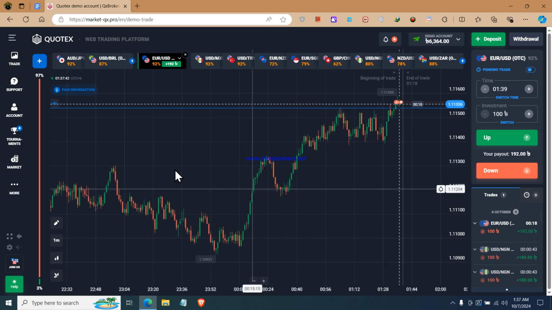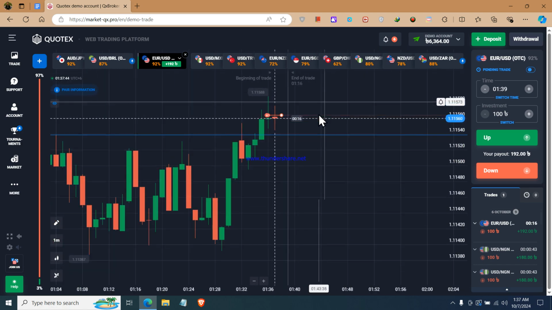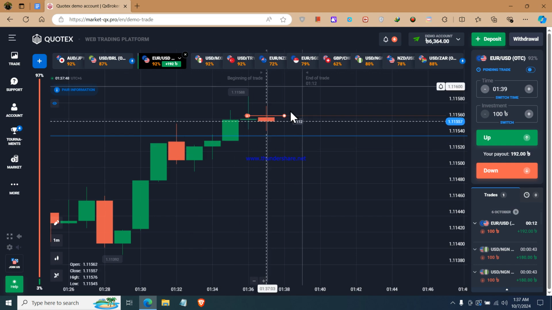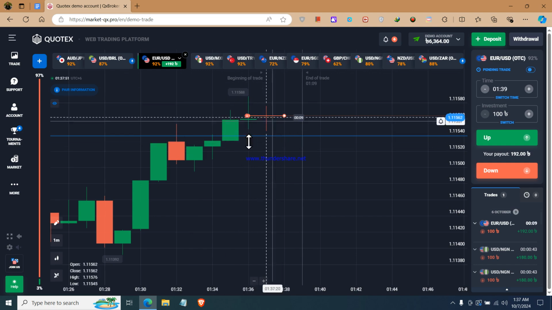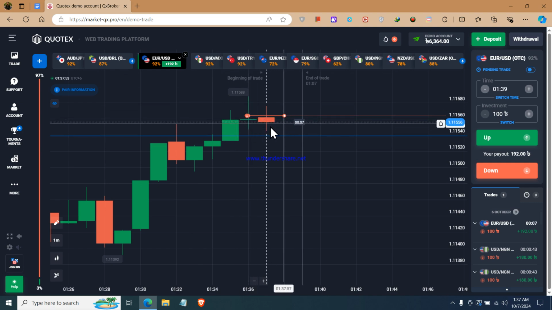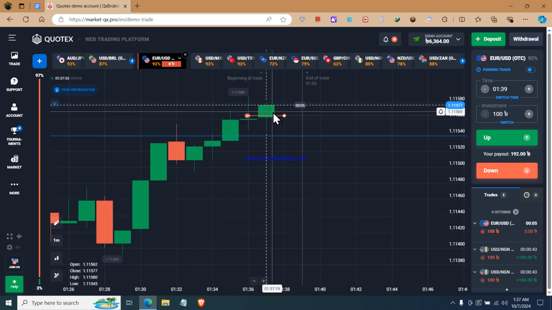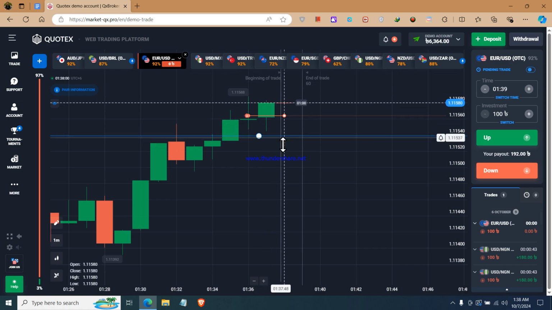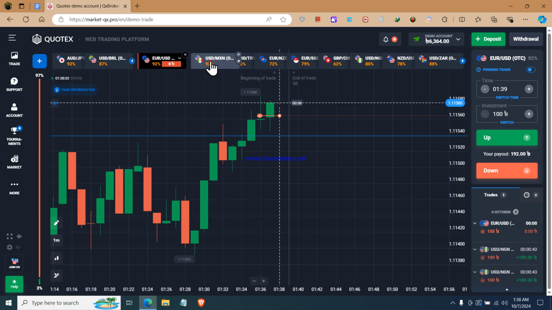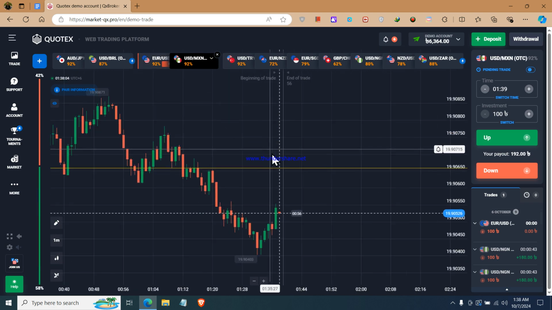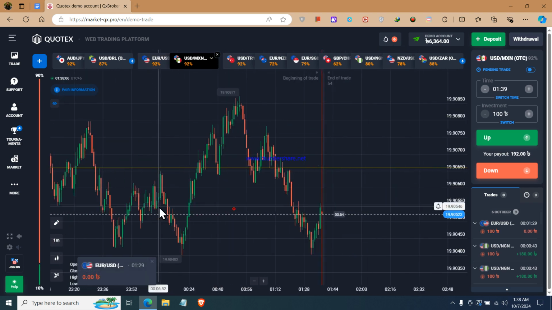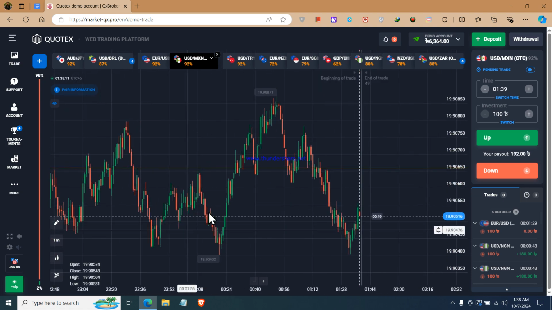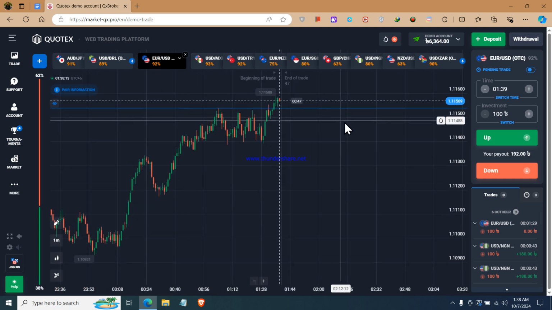So this is how OTC works actually. They will show you that the price action is working, but it does not work. They make small candles and, yeah, okay, so you can see the candle became a green candle at the last moment and it gave me a loss. So this is how the OTC market actually works. It will give you losses.